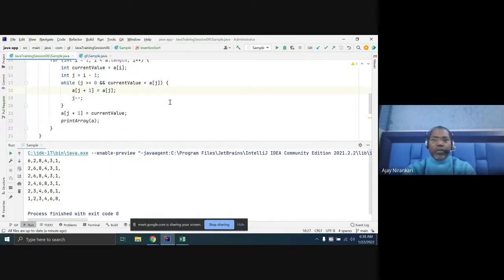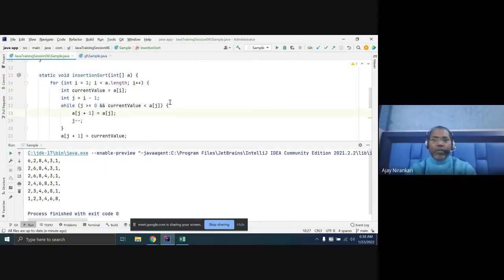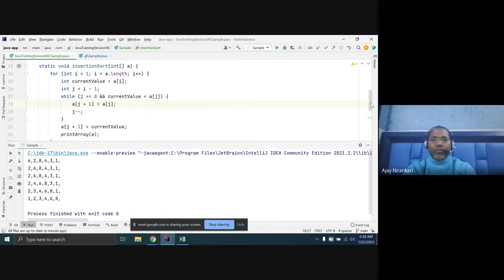One minute. What happened to my mouse? Okay. So whenever your code starts running from here, your i started from 1. That means this is your position 1 value, right? And you have taken a current value.